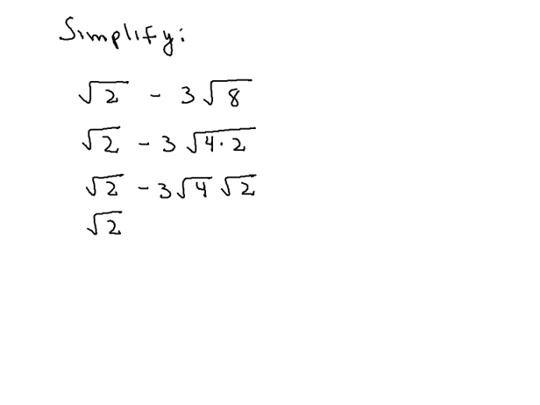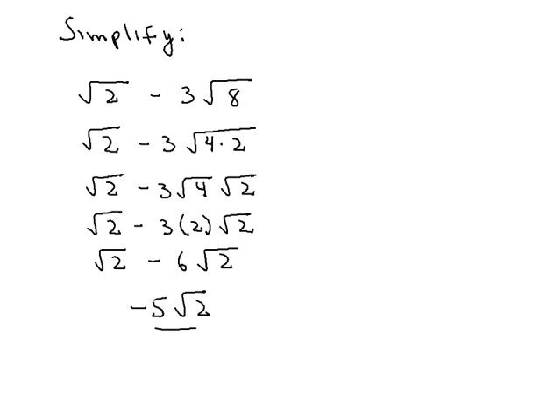We have the square root of 2 minus 3, and the square root of 4 is 2, times the square root of 2. So now we have the square root of 2 minus 6 times the square root of 2. Now in this form you can see that we do have like radical terms. So all we need to do now is simply subtract the coefficients. So we'd have 1 minus 6, or negative 5, times the square root of 2